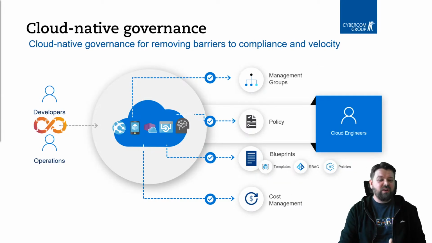So from there on, we can look at cloud native governance. These are the tools that I'll be talking about. Once you have these in place, hopefully you have a proper environment where the cloud engineers only have to monitor and look at the stuff happening in the cloud, and developers and operations can go on and work their magic, make good solutions and programs without slowing them, and still everybody knows we are doing everything securely.